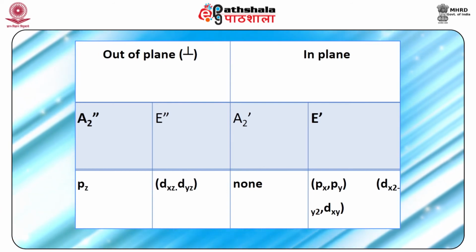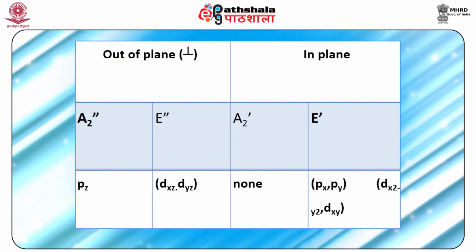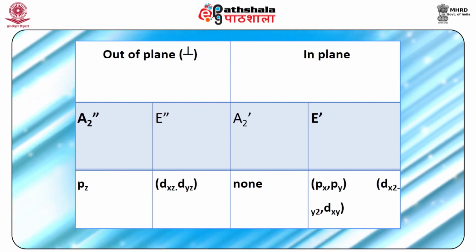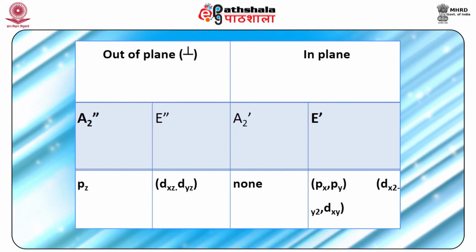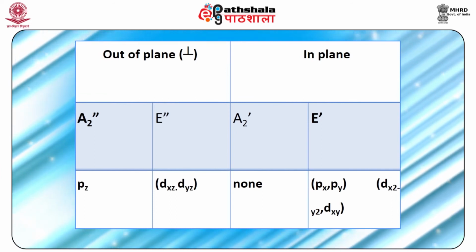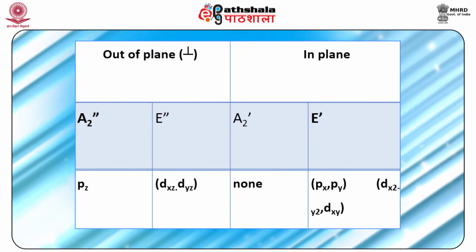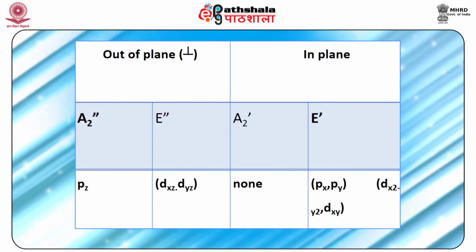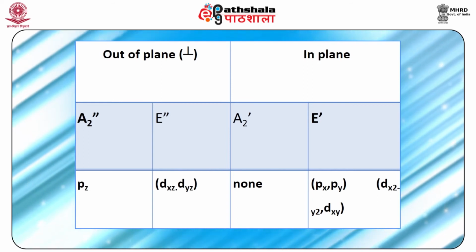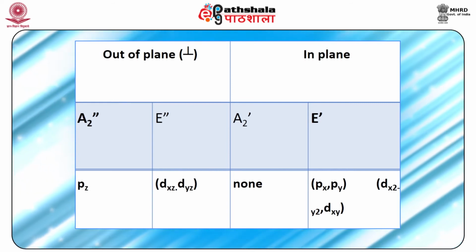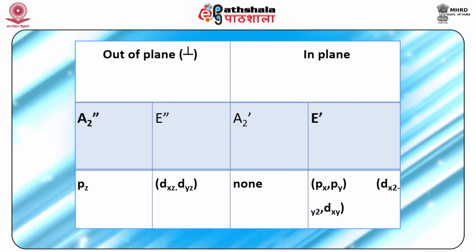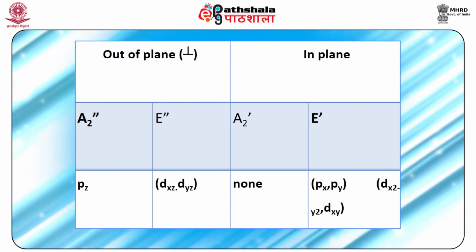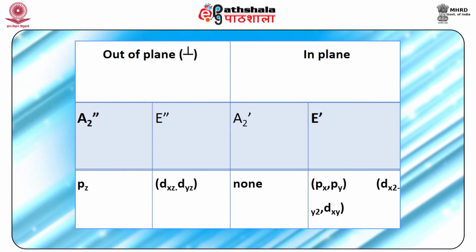Therefore, for formation of three pi bonds perpendicular to the plane of the molecule, one should have one atomic orbital of pz type, which has A2 double dash symmetry, plus a pair of dxz, dyz orbitals having E double dash symmetry, that is, a pd2 type of hybridization is there perpendicular for pi bond formation